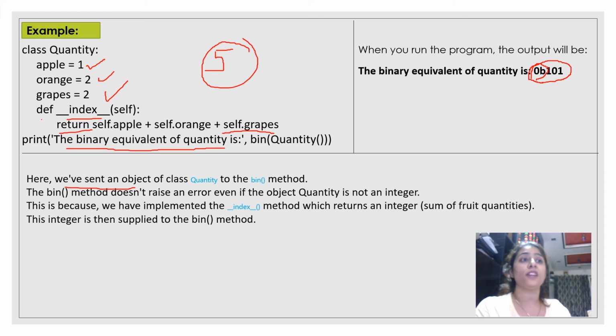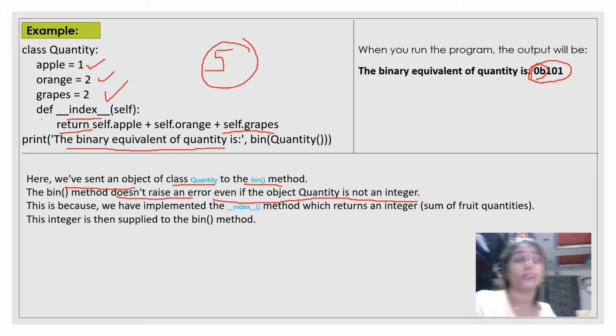Next, what we have done here: we have sent an object of class quantity to the bin method. The bin method does not raise an error even though the object quantity is not an integer. Why is it not raising an error? You may say, ma'am, we have read that it will raise an error if it is not an integer.